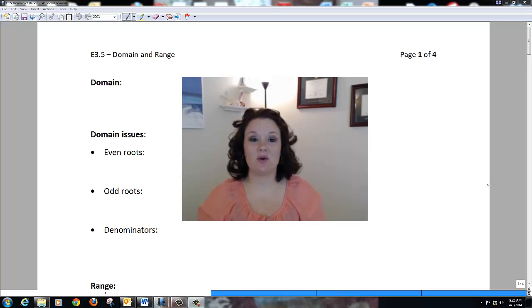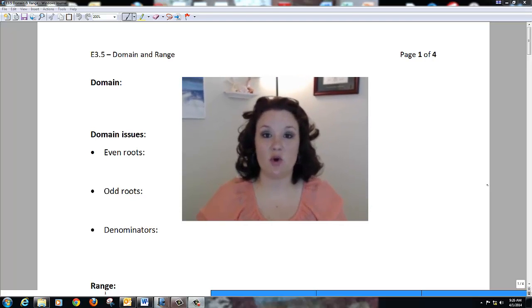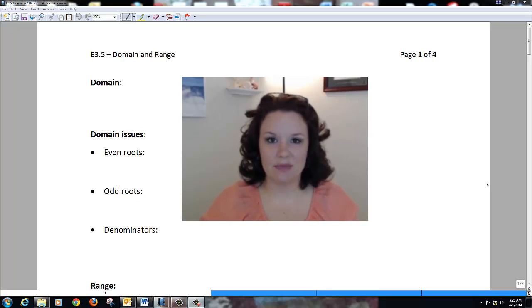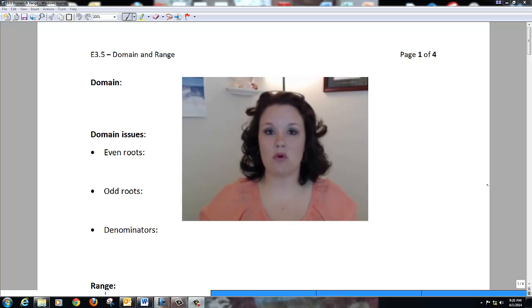All right, so we're going to go over E3.5, which is domain and range. We're not going to do a whole lot with range. I'm just going to refresh how to find the range looking at a picture, but we are going to do some more complicated examples of how to find domain based on what we know of domain and range that we went over